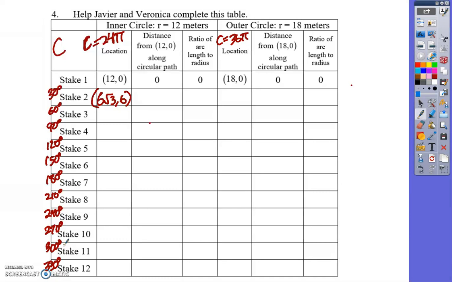So we've got 1/12 of 24 pi is 2 pi. And so that is our distance around the circular path. And so for the next one, it'll be 2/12 or 1/6, and so on. So what we ended up with here is 30 over 360 was equal to 1/12, and we times that by the circumference,